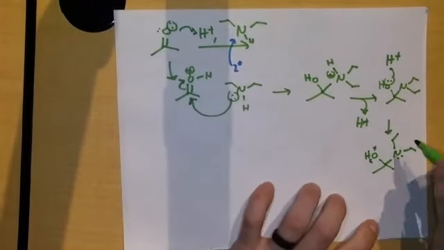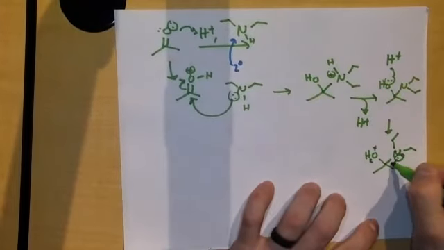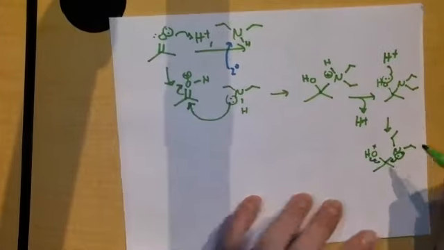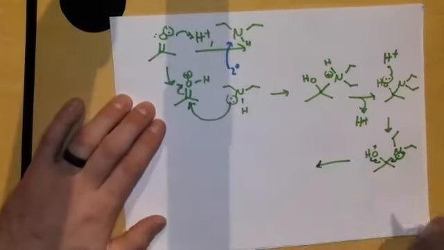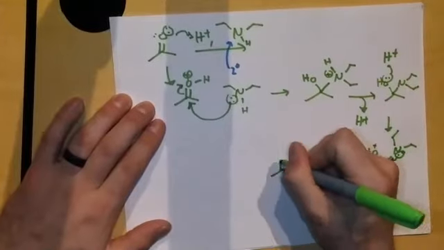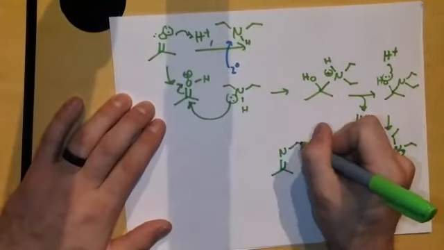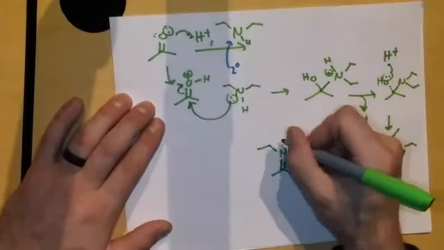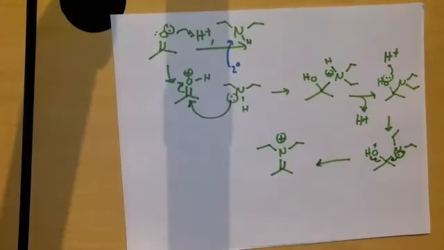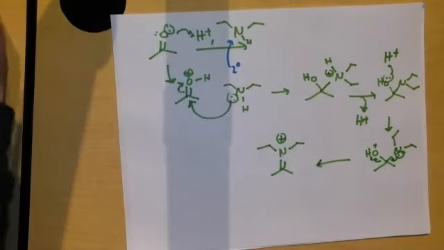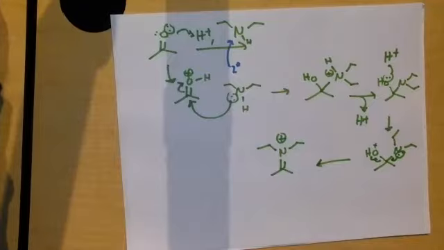Our nitrogen can come down and kick out this water again, and we'll generate an amine. And this is going to be where we get a slight variation. So if we take a look at this compared to what we had before,